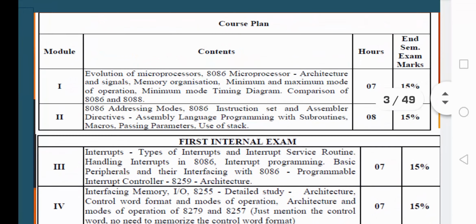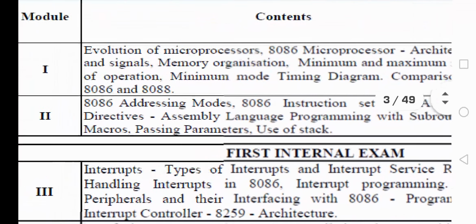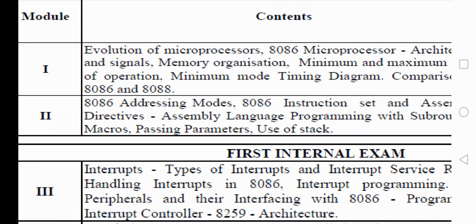In the first module itself, we will be learning the basic concepts of microprocessors, and we are going to study a specific microprocessor which is 8086. The basic information regarding this 8086 processor, that is based on its architecture, the various modes of operation in which it is able to work and all. The details regarding these aspects will be covered in the first module.